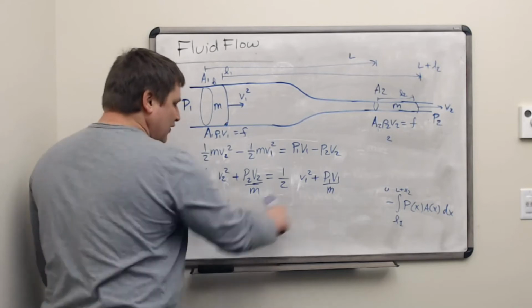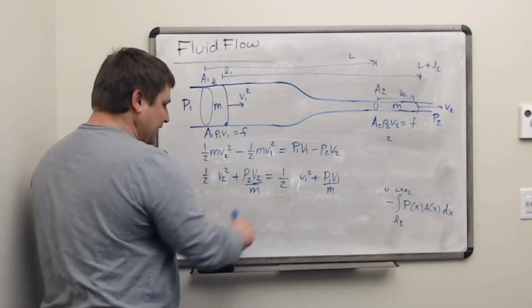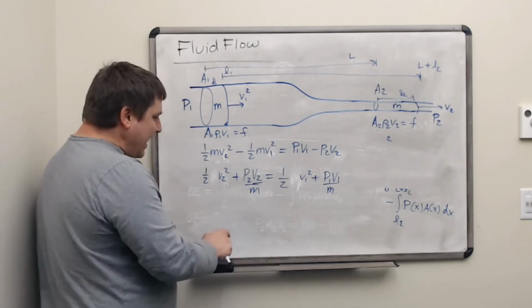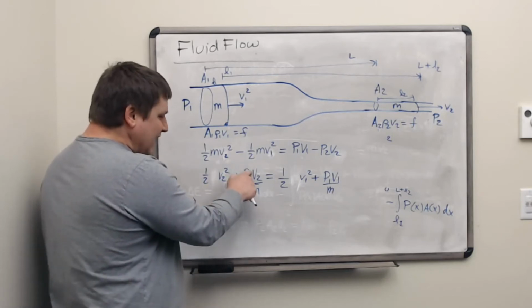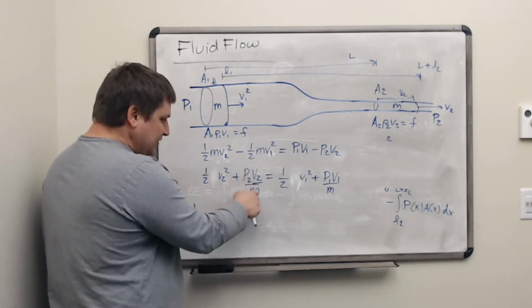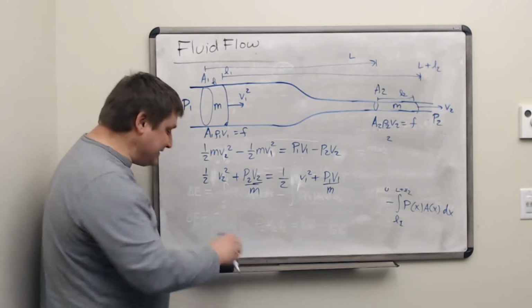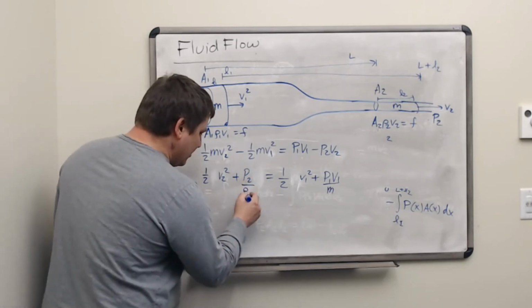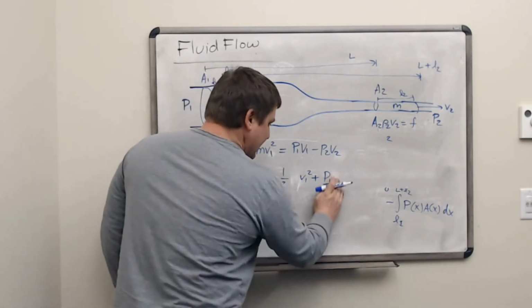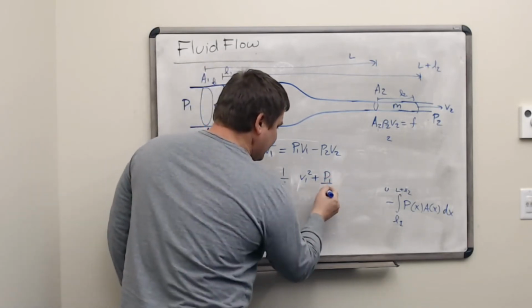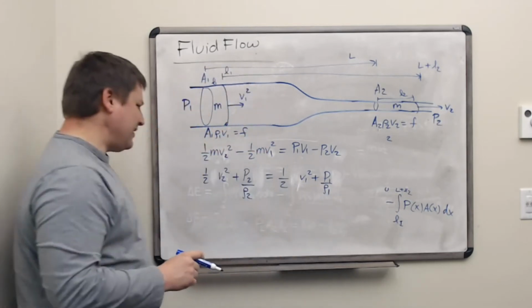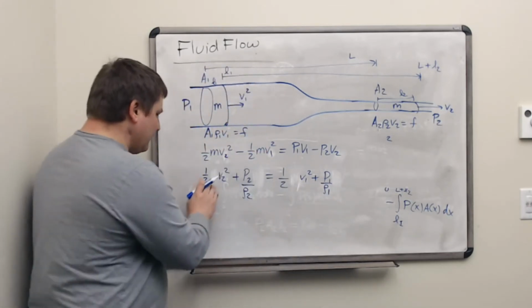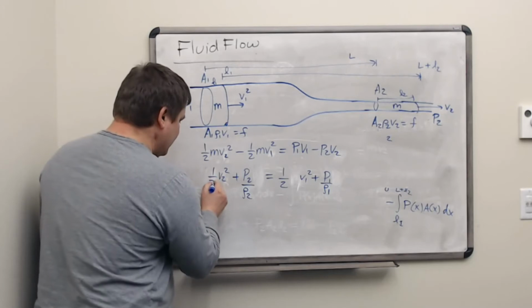It's the same m both places though. The volume is different. But what we've got here then is mass divided by volume, and mass over volume is the same thing as density. So that's how we get density in there. Mass over volume 2 is going to be rho 2 there, and mass over volume 1 is going to be rho 1 there. So that's our derivation of Bernoulli's equation,